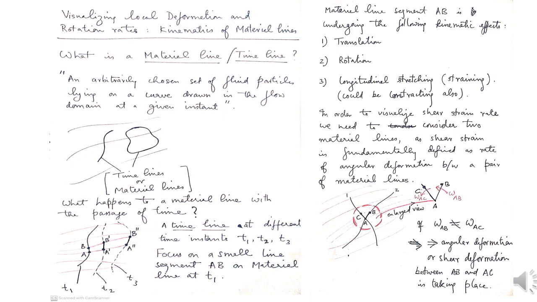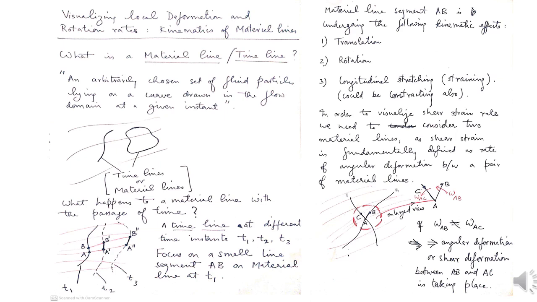Now the next question is, once we have created a timeline at a certain time instant, what happens to this material line as time passes by? So with the passage of time, what happens to the material line? So the figure at the bottom is just a qualitative kind of sketch to give you an idea of how a timeline can actually evolve